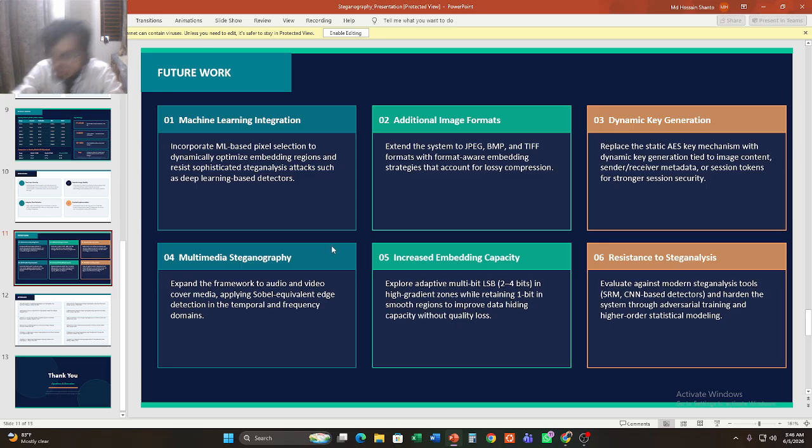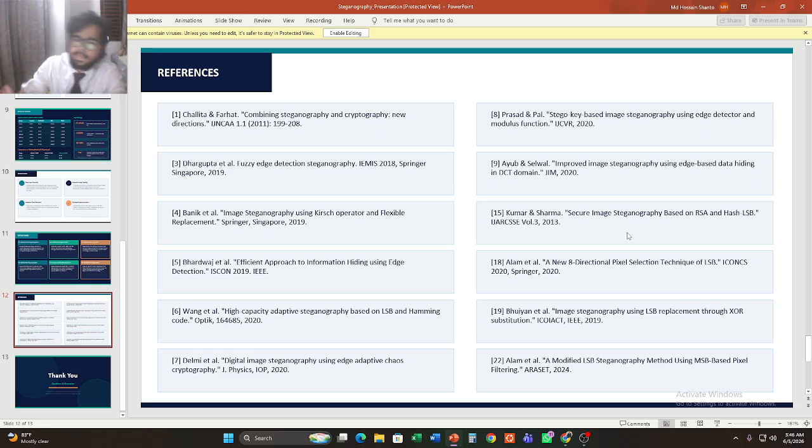Section 10, references. Here we can see the research draws on a rich body of prior work.